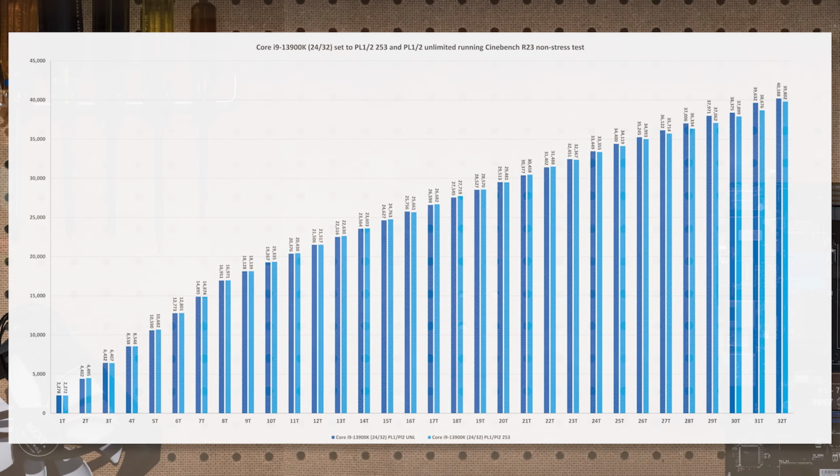Yeah, I actually really wanted to find out, because it was curious to me that the boards are basically setting it to be unlimited. I'm fine with that, because honestly, I will say I did not have one single crash with 13900K testing at all. So that, to me, is a pretty big thing, it just shows you the stability. And that was with it unlimited. But I did want to know, at the stock 253 PL1, PL2, what do you get, especially from light loads